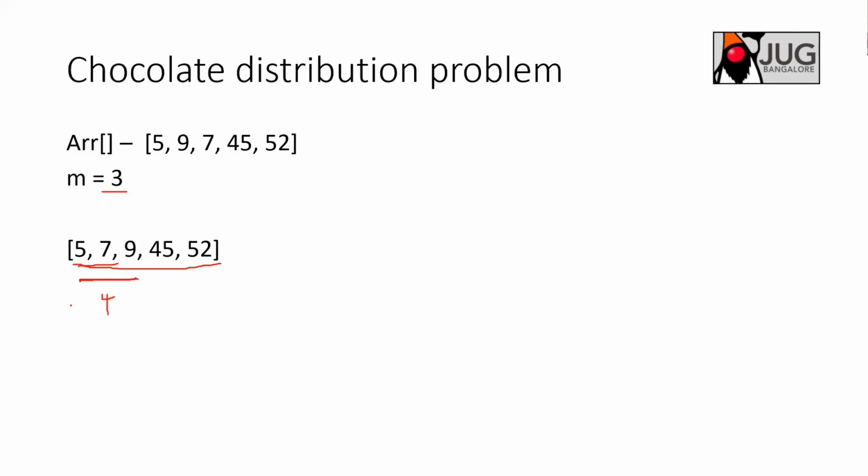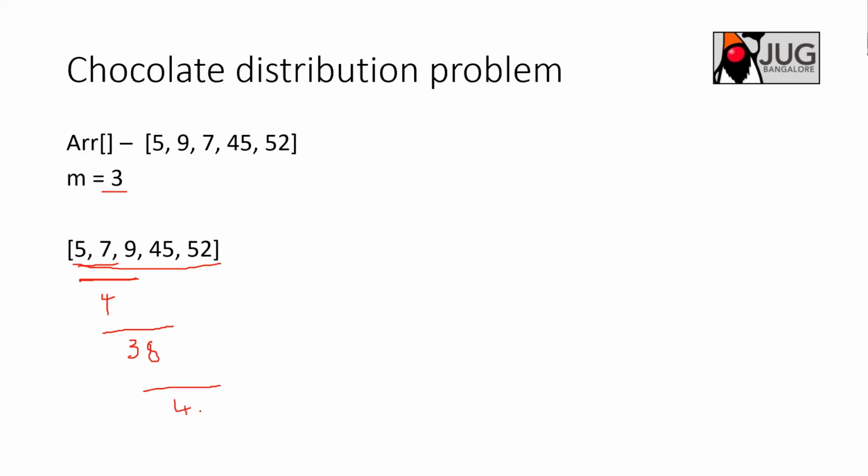And this I will save, and then I will select the next 3 elements. I'll slide the window to the next 3 elements, which are 7, 9, 45, and I'll see the difference. The difference here is how much, guys? It is 38, right? I need not do the comparison for each and everything because it is already sorted. Now you select the next 3 elements, which are 9, 45 and 52, and you find the difference between the lowest and the highest. So what you have is 43 here, right?